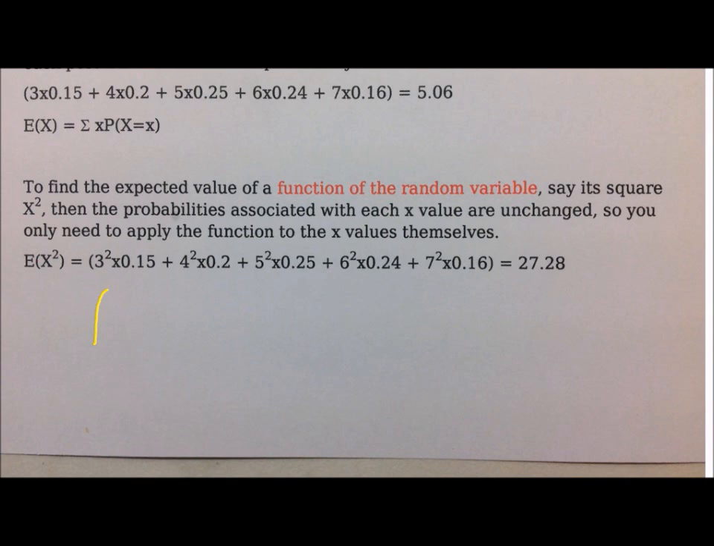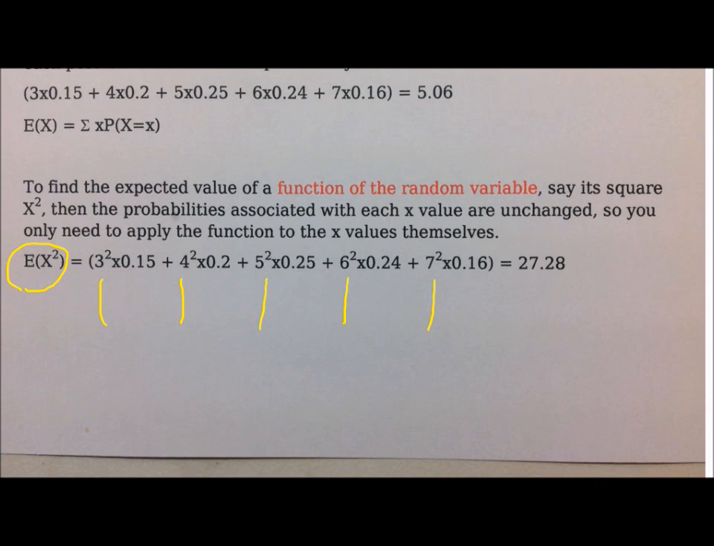So 3 has been squared because we are looking here for the expected value of x squared. So if I square 3, it gives me 9, and multiply it by the original probability attached to 3, 0.15, it gives me the required product. So if you look here, to find the expected value of x squared, I've only had to square the x values. I've not had to do anything to the probabilities,